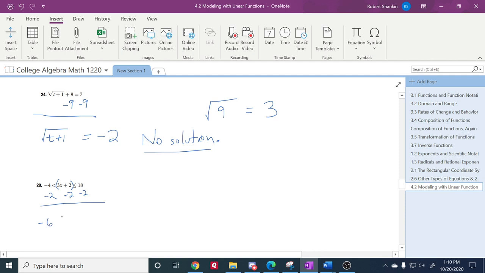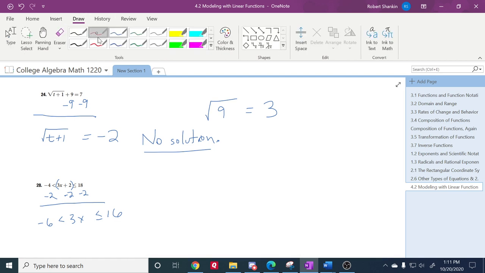So I get minus 6 is less than 3x less than or equal to 16. And then I can still work on all three sides. I need to get the x isolated, so I get rid of a 3. And then this becomes x is greater than negative 2 and is less than or equal to 3 goes into 16 5 times and 1 remainder, so 5 1/3. And that would be my solution, and it asks you to write your